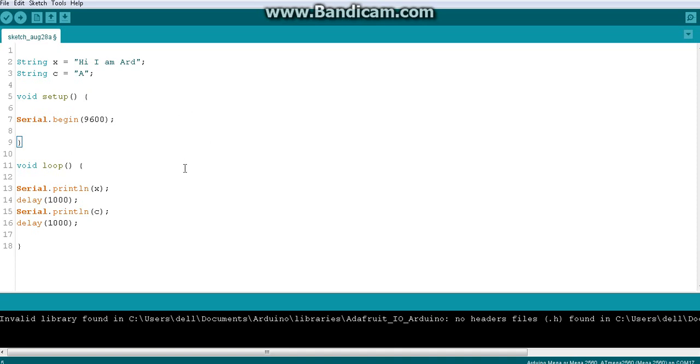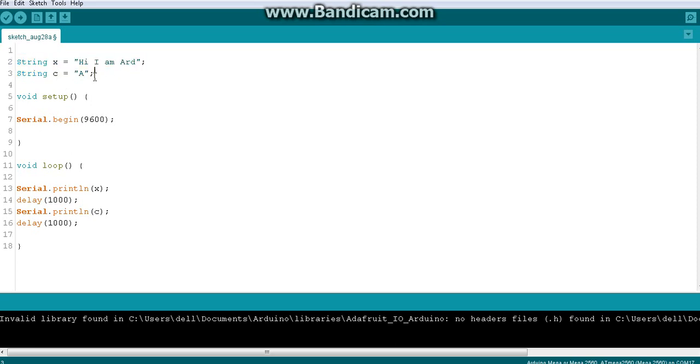Hello everyone. In the last video we clearly looked at how we can use variables to serial print some values, especially with the string and character, right? So let's see. Using two string variables we displayed the serial println values in the last video. So in this video let's see whether we can do the same thing with one